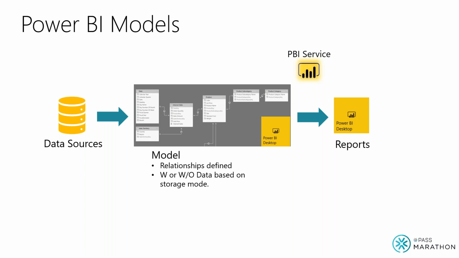So at a high level, this is what a Power BI model does. You connect to a data source, for example, a SQL Server data source. You bring in the definition of your tables at the least, and you define relationships so that when someone connects to your model, the relationships are predefined. If they're going from internet sales to product, they don't need to know that they have to make the join on the product key, for example, right? And depending on the storage mode, the model may or may not connect the actual data. Once this is all done, all the front-end reports will connect to your model.